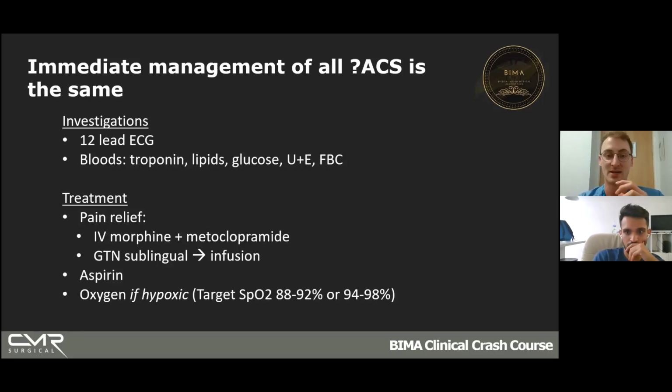Then you want to give them something to help with the blood clot that they might be having in their artery. So you give them some aspirin initially, and you want to give them another antiplatelet, but the precise choice of that comes later. The initial one is just aspirin. And then lastly is oxygen. There used to be an acronym called MONA, which was morphine, oxygen, nitrates, and aspirin. Now oxygen's only given if you're hypoxic. If you have too much oxygen in an MI, it's dangerous because it generates free radicals, which then damage your heart even more. So you only give them oxygen if they're below their target saturations, basically.